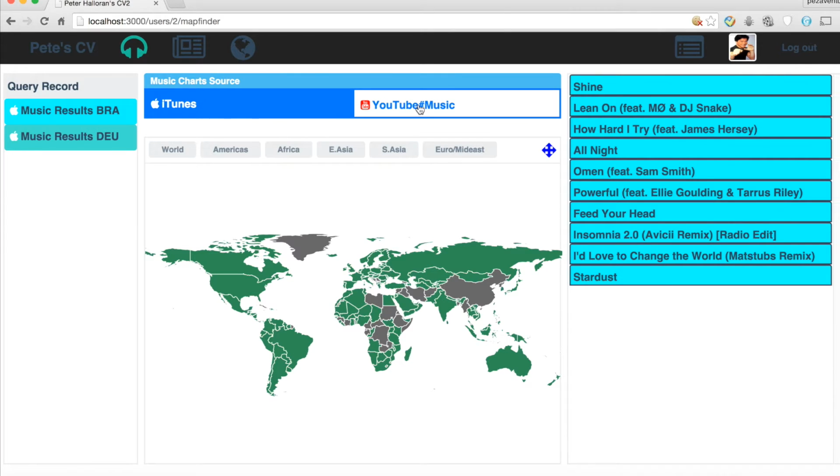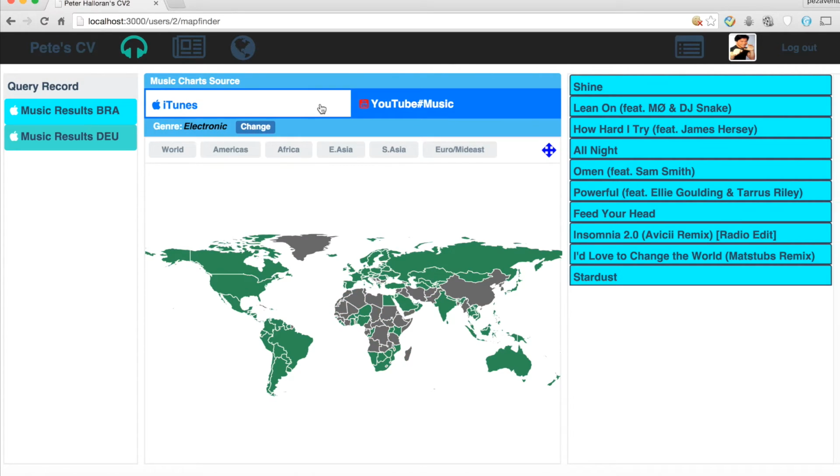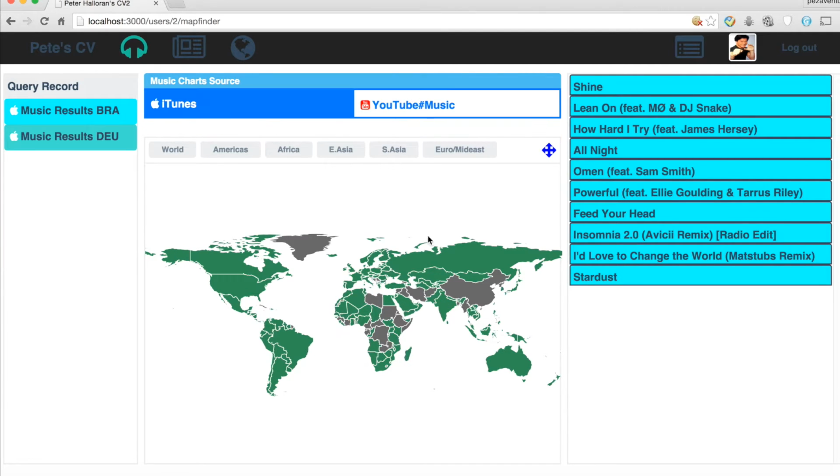Let's do YouTube music. You can see that the coloring changes because there are more sources. iTunes is a lot more black because a lot of these countries don't have an iTunes store. YouTube does have a music channel that pulls the most popular music from that country. And actually, I should fill in China. Right now, there's a Hong Kong top songs. Of course, that's only the one city, small economic region of Hong Kong, but it's just interesting to see. So let's see what the top YouTube songs are in Hong Kong.